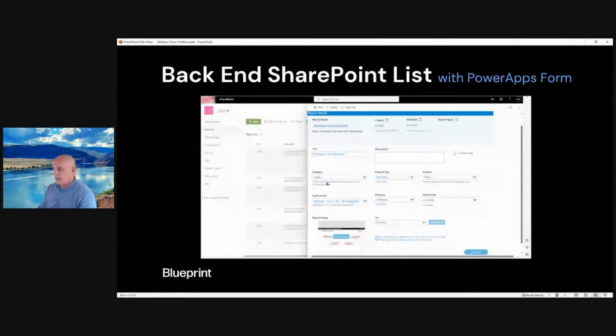Now, something like a division probably doesn't make sense. That report may cross a couple divisions, may not. But the fact is, multi-select is what's available by the way that we set this up. And if we talk about these other ones, this channel group, channel, key accounts, divisions, and sales centers, these were already actually a taxonomy that was already created. There's a thing called the term store in your SharePoint